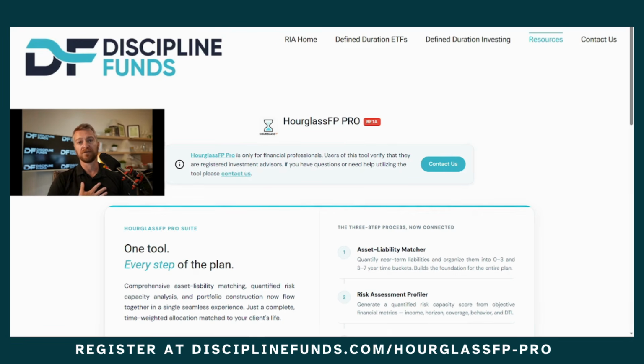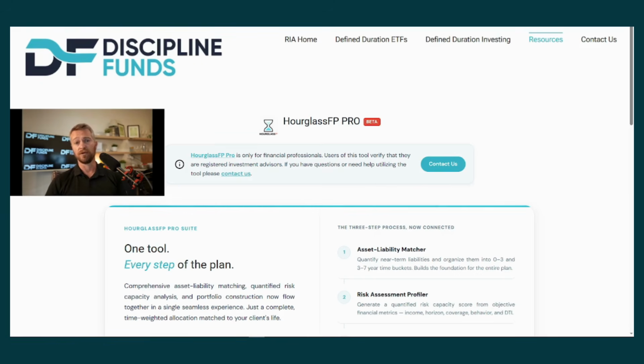developed called defined duration investing, which really tries to quantify the time horizons of different assets that we use in the investment management process. This is derived from asset liability matching, which is a process that banks use. A lot of people in the industry call it liability driven investing. It's very different from modern portfolio theory and the old frameworks that I used